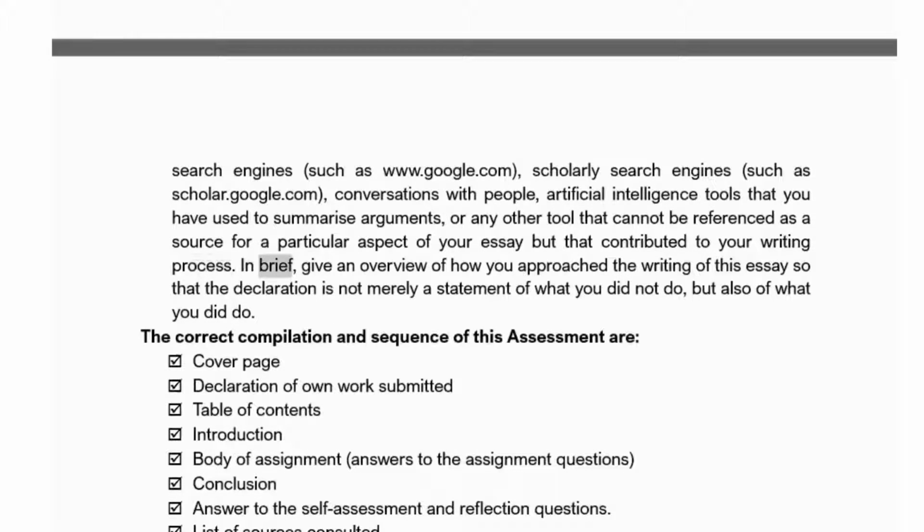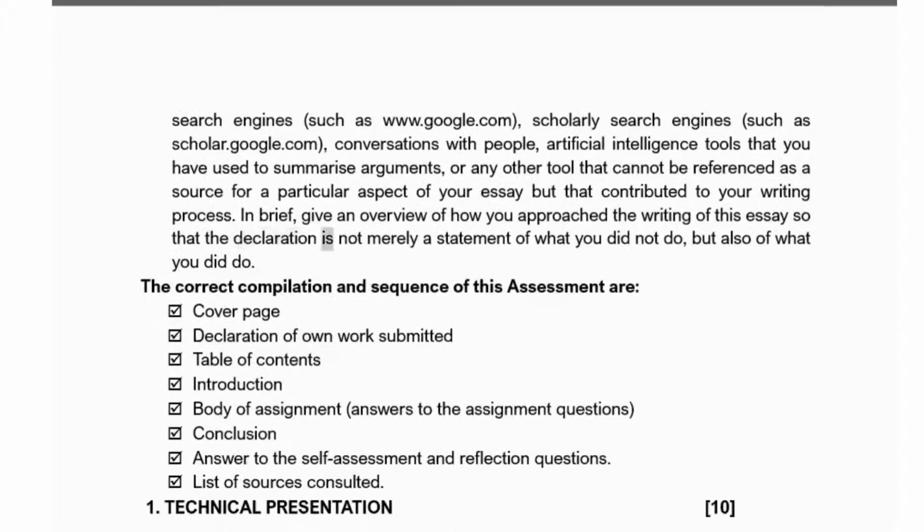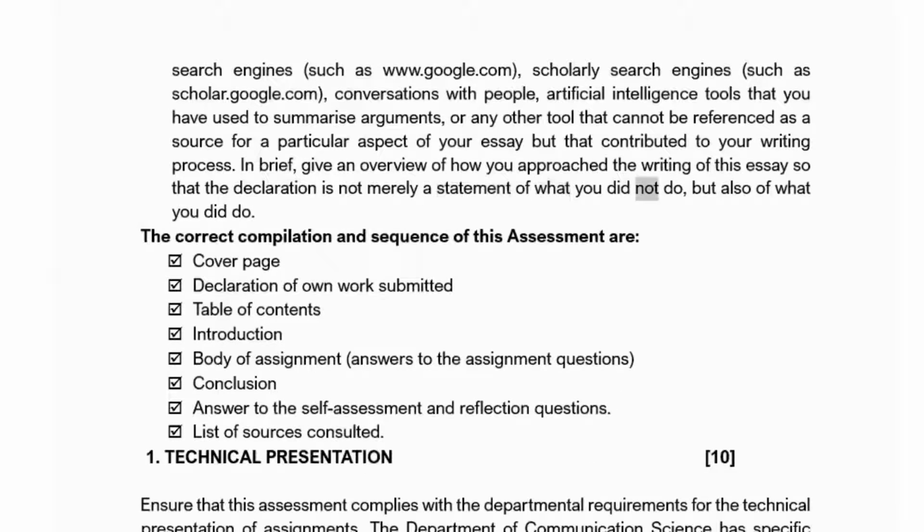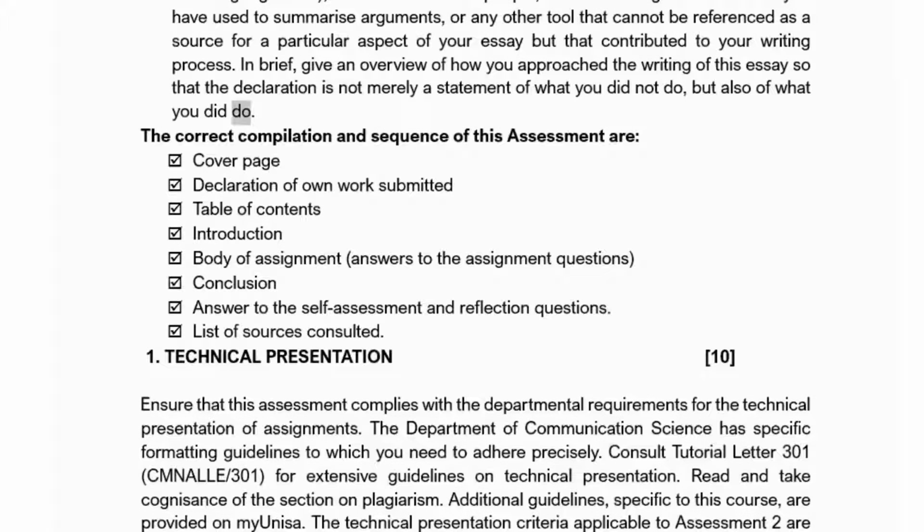In brief, give an overview of how you approached the writing of this essay so that the declaration is not merely a statement of what you did not do, but also of what you did do.